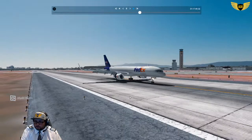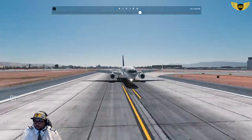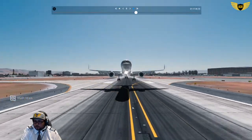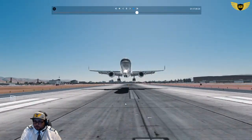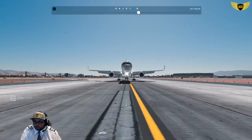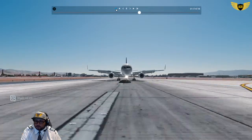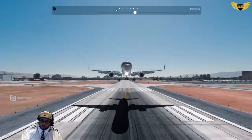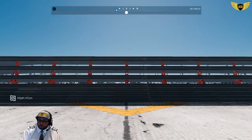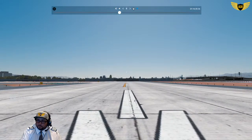Oh baby. We held that nose up, came down nice and smooth, just off the center. Actually, looks like when we touched down, we were pretty much right on the center. When we actually touched down, let's see here. Oh yeah, right on the center line when we touched down, then we just drifted off a little bit and fixed it. It's all right. Not too bad. So would have been better if, all things considering,